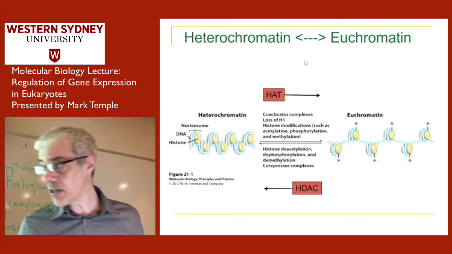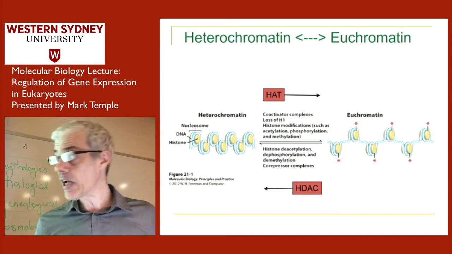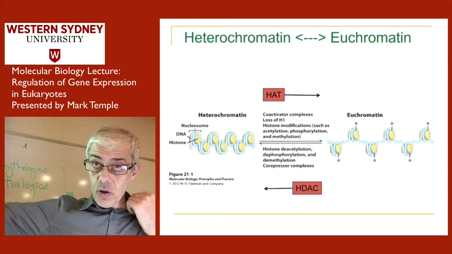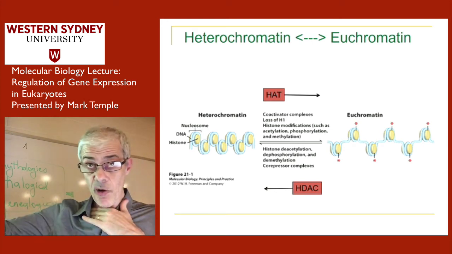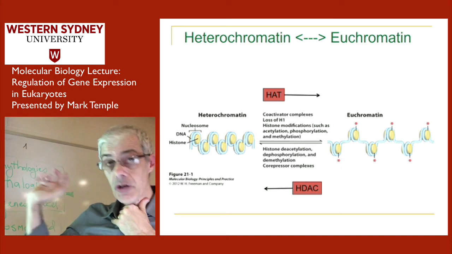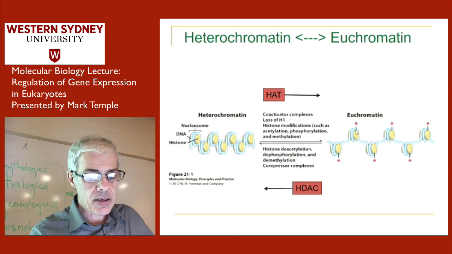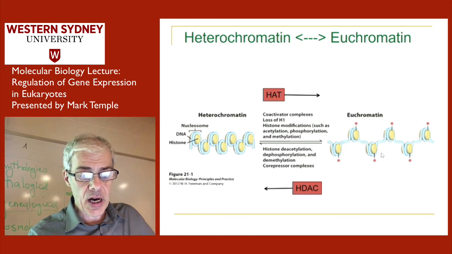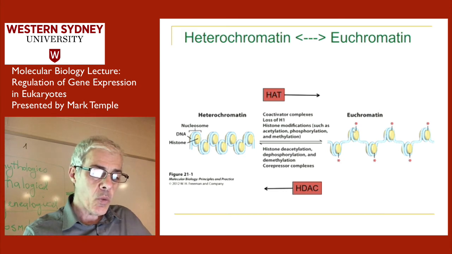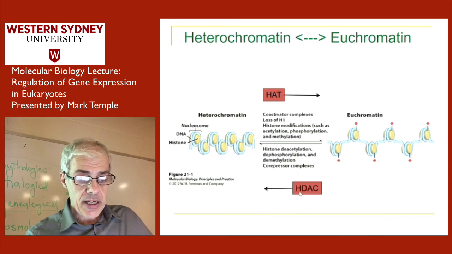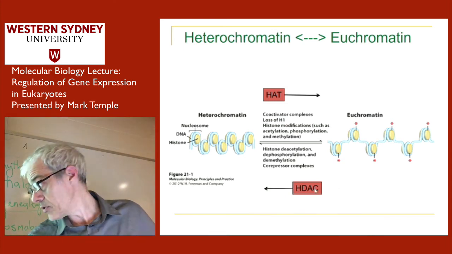So chromatin can be described as two types. You can have heterochromatin, shown on the left side, which is tightly compacted and not transcribable. You can't transcribe heterochromatin. And on the right side here, you've got euchromatin. There are various states of euchromatin, and you can see here euchromatin is the open form of chromatin with these chemically modified side chains of the histone proteins. One of the important activities in gene expression, in turning genes off, is something called a histone deacetylase, which is shown here.